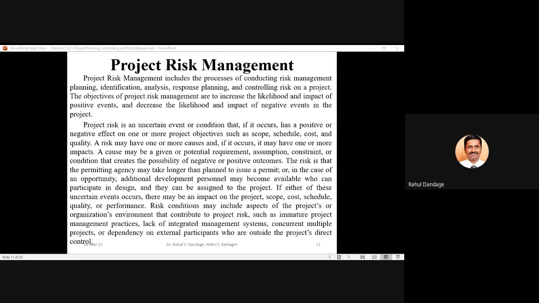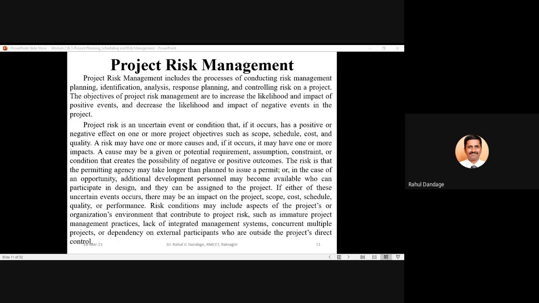So when the events that occur have a negative effect, then the project team will desire that the likelihood and impact of those negative events should be decreased. And if the events carry a positive effect, then the likelihood and impact of those events should be increased.